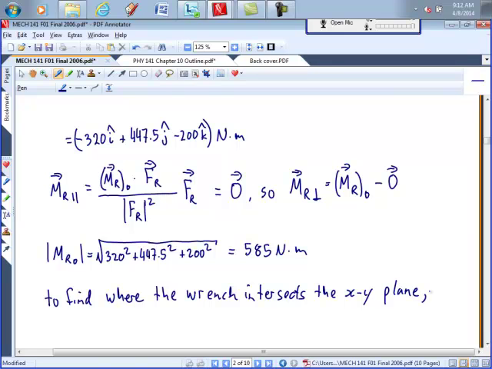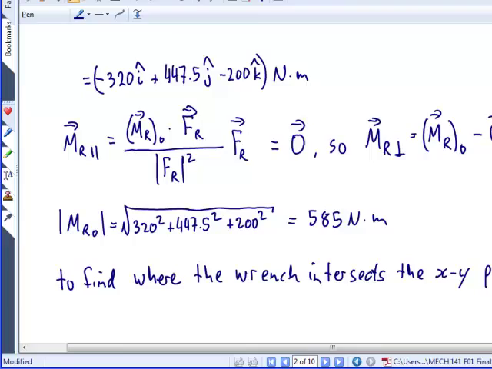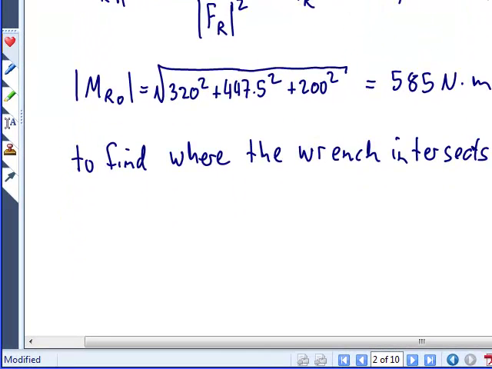Now, how are we going to find where this intersects the xy plane? Well, if we're trying to find where the wrench intersects the xy plane, we're basically trying to find out where we would locate the resultant force on the xy plane so that it produces the resultant moment. Or in vector form, we would write our resultant moment, or the perpendicular component of the resultant moment, which in this case is the whole resultant moment,